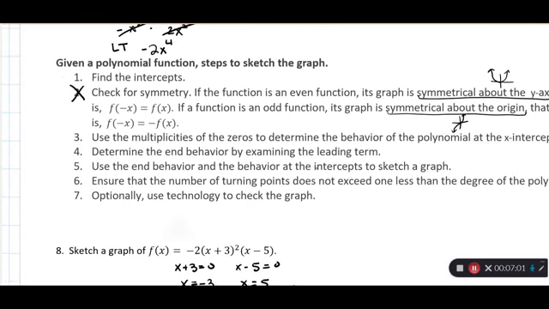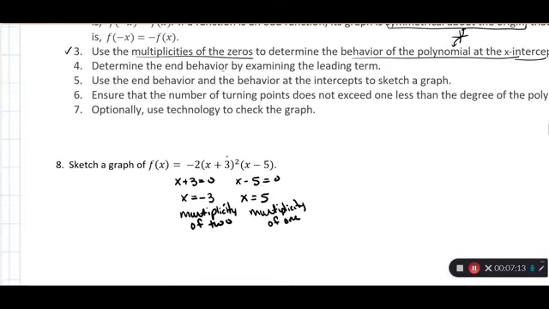Okay. Now, the overall degree, right? Well, let's see if I did that. Multiplicities. Okay, I found the multiplicities to determine the behavior at the x-intercepts. Got that? Determine the end behavior. Okay, let's look at the leading term. So this was kind of 1 and 3. Let's look at 4, end behavior. So these are the steps. Let's see, end behavior. So leading term,